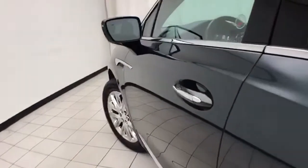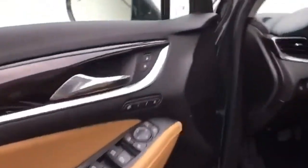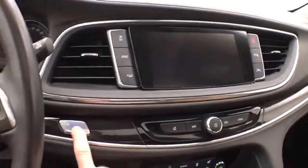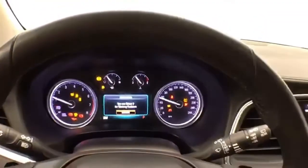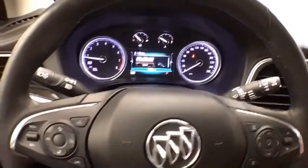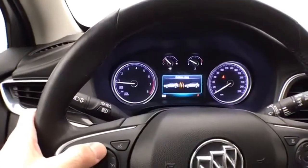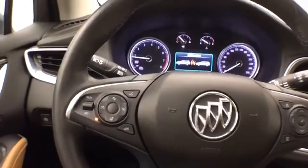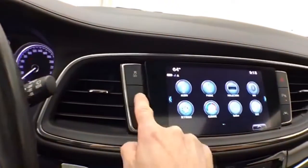This premium group has keyless entry with remote start, power windows, locks, mirrors, memory settings for 2 drivers, height adjustable power liftgate control, power seats, power tilt and telescopic steering wheel to put you in that perfect driving position, power moonroof overhead, large easy to read gauges with driver information system, controlled by buttons on the steering wheel, cruise control, that's also where you set the forward collision alert, leather wrapped steering wheel which is heated, great for those cold winter days,